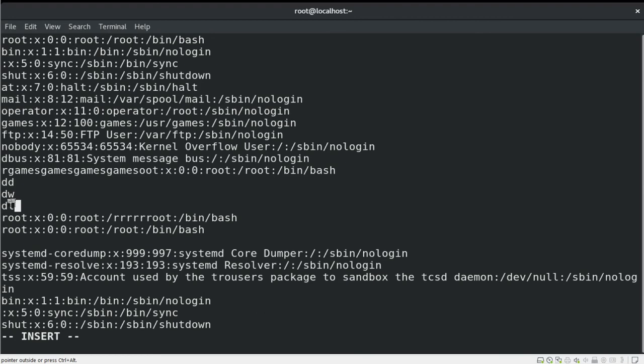If you want to change from insert mode to command mode, or switch back to command mode, you just need to press the Escape key to move back to the command mode. Make sure if you want to change the mode, you have to go back into the command mode, and then only you can change to any particular mode.